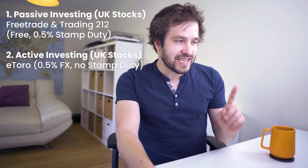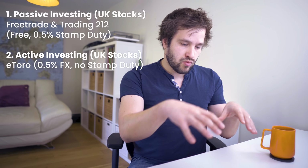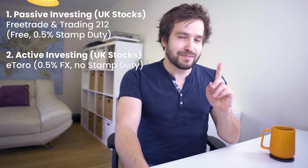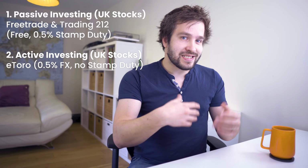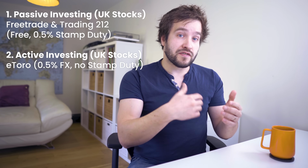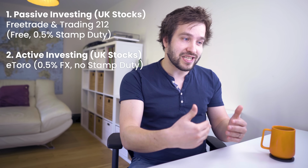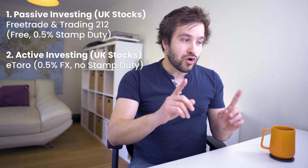So if you buy and sell 2 different UK stocks with the same money, then suddenly eToro will become the cheapest platform, because after that, essentially, you are not paying the stamp duty, but you've already covered the cost of depositing, withdrawing money, that 0.5%, by not having to pay for the stamp duty. It's an interesting trick. So if you frequently invest in UK stocks and you move money between them, eToro actually